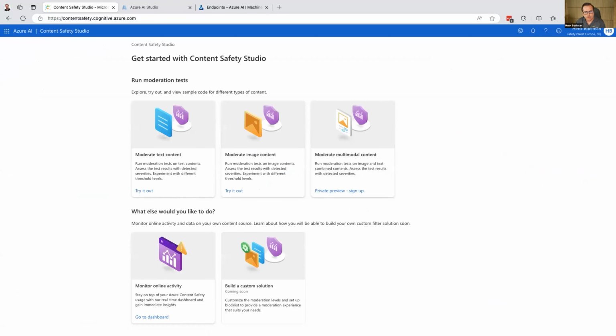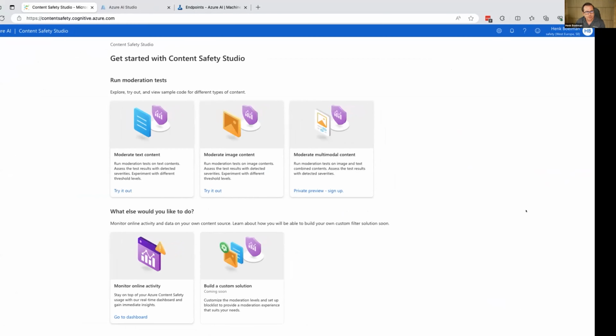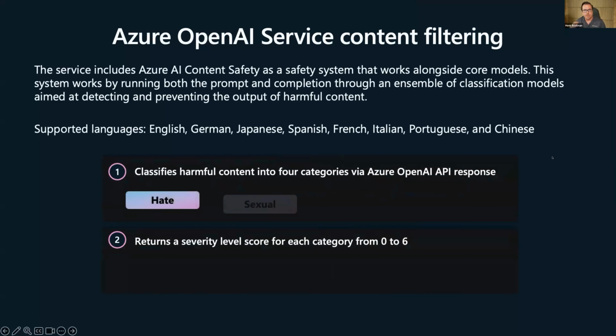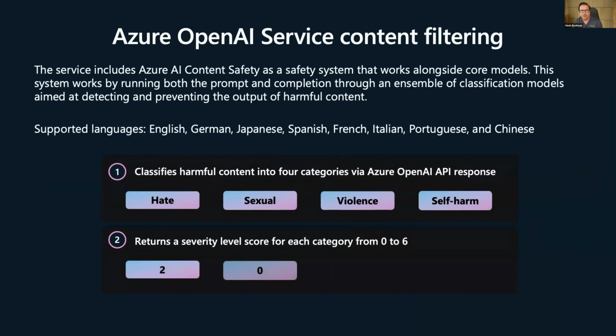So now let's go back to the slides and talk about how we can use this in the context of generative AI. We have built this service directly into our Azure OpenAI service. So if folks have used it, they've already seen the impact of some of these, although we have upgraded the models. But what is new is that you will be able to see the labels coming out in the API,